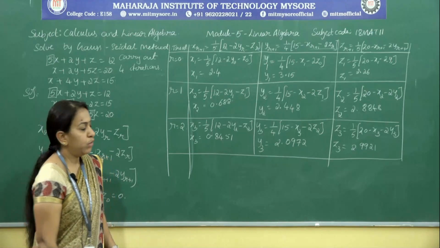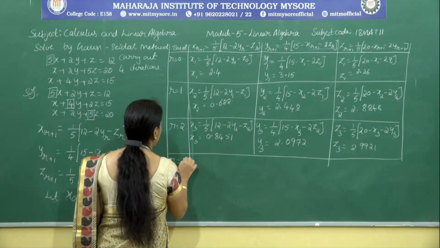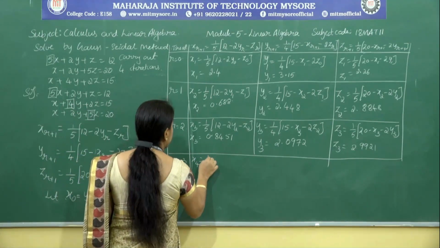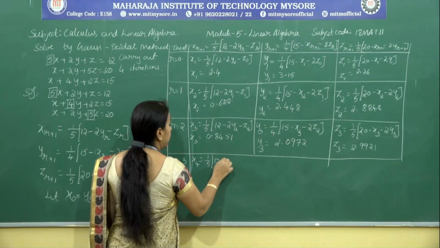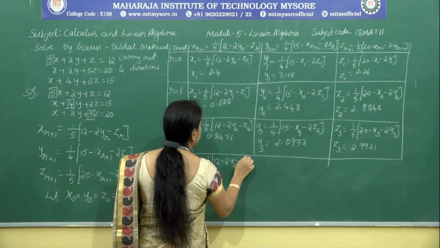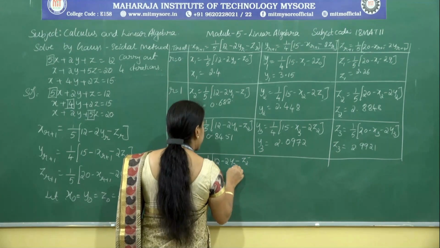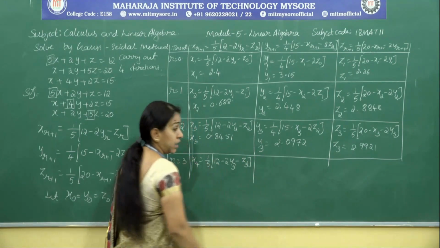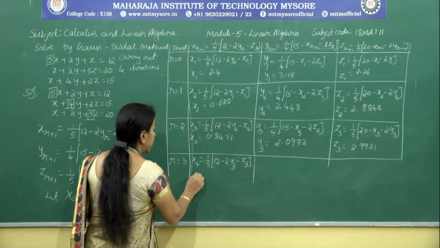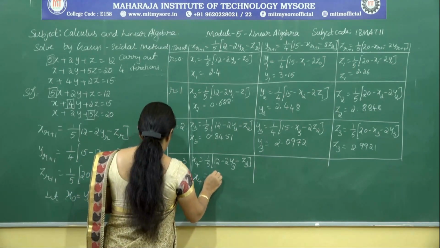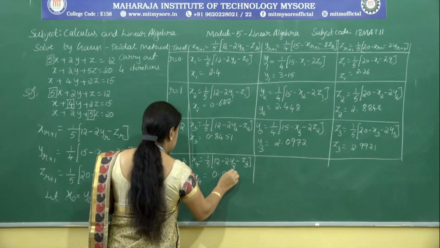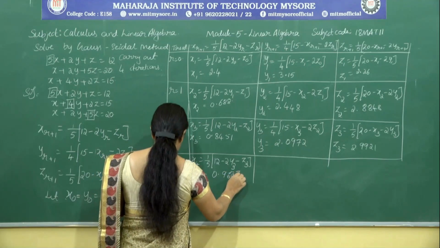Of course, we are left with one more trial, that is r equal to 3. We will get x4 as 1 by 5 into 12 minus 2 times of y3 minus z3, of course we calculated y3 and z3, right. So that your x4 is 0.9627